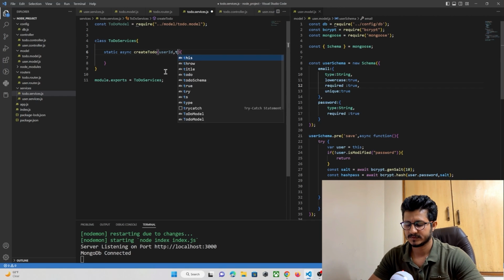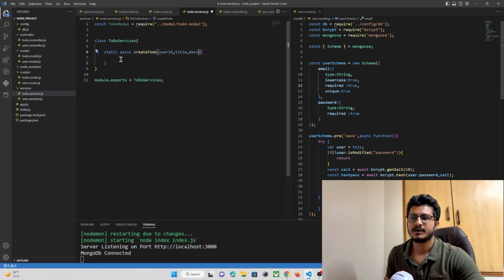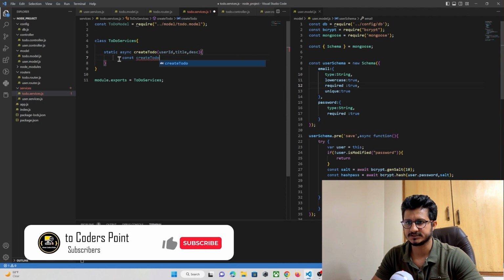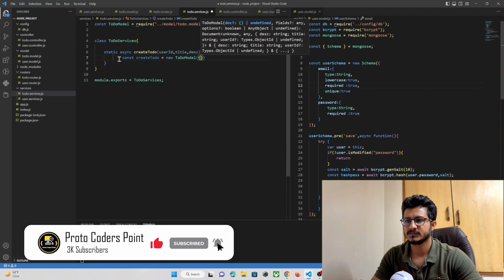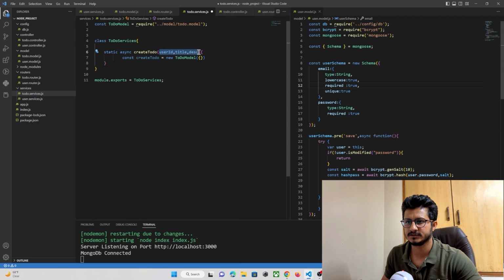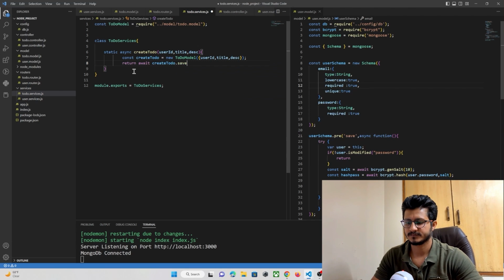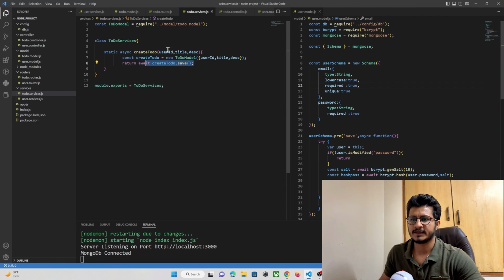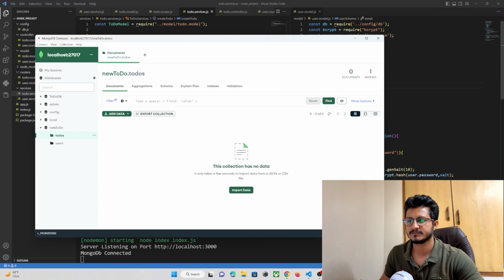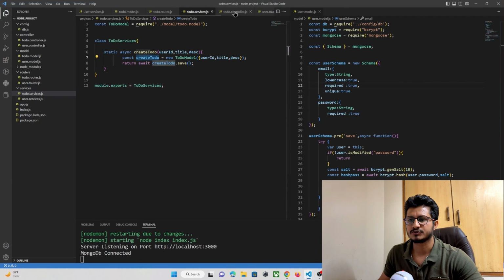User ID, title and description. Okay, and now here first of all let's create an object. So const createTodo, I will name it todo model. Here we are going to store these three data in our database. Okay, so our object has been created. And now here, return await createTodo.save. Whenever we do save, any data passed to this function will get stored in this object by making use of this todo model class, and the data will get stored in our MongoDB database over here. Okay, now let's go to our controllers